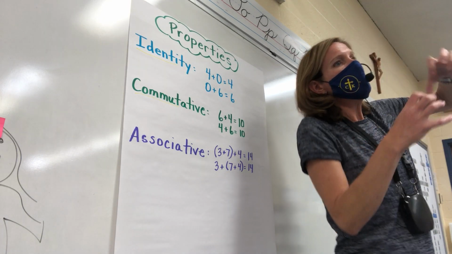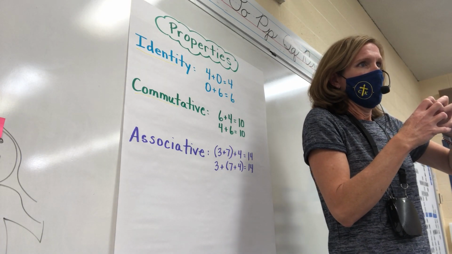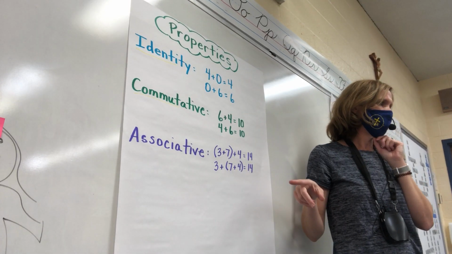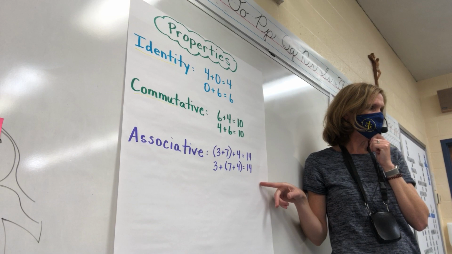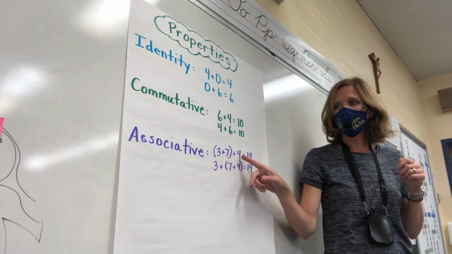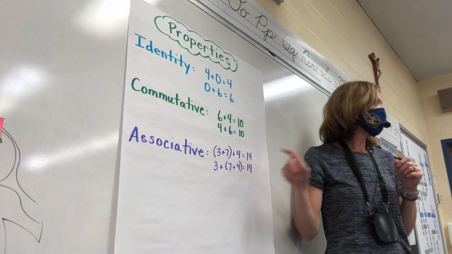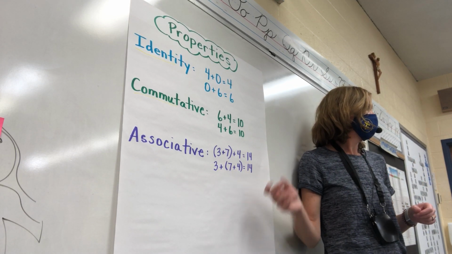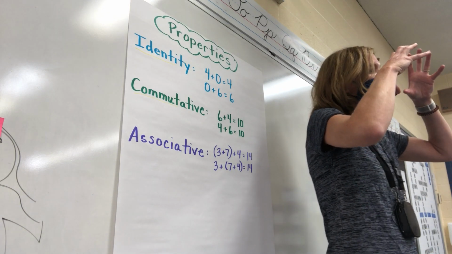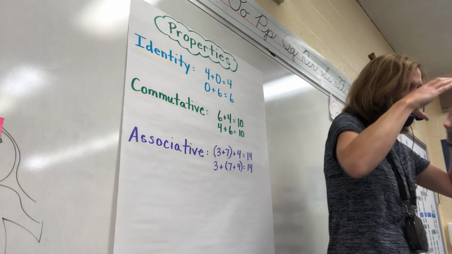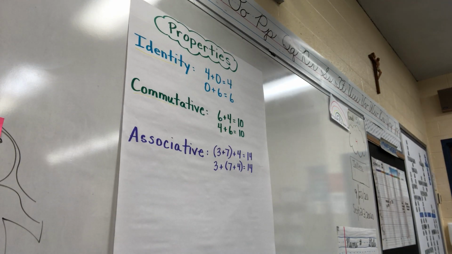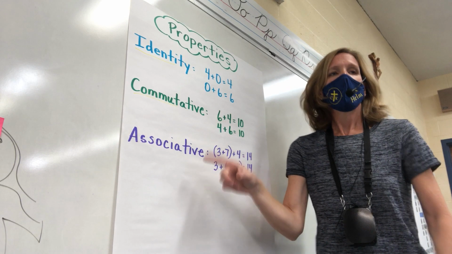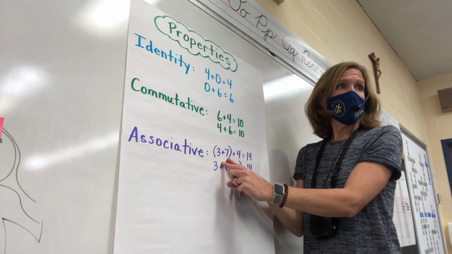Associative means that I could put them in groups, and no matter how I group my addends, I would still get the same sum. I could also do 3 plus 4. What's 3 plus 4? 7. And what's 7 plus 7? 14. So I could make small groups, like these two going to the zoo, they're going to stick together. I could make small groups and I'd put them in parentheses. I always do the parentheses first,